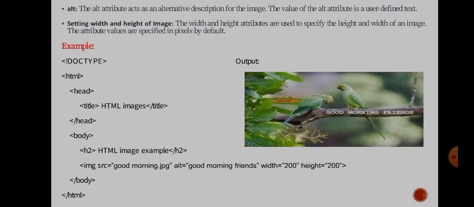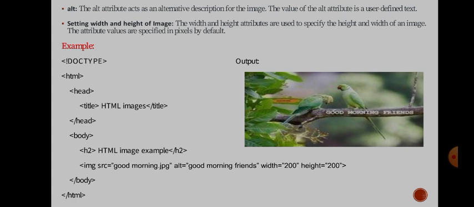This is the name of that particular image, and alt is equal to good morning friends. This is the user defined text, and then I set the width and height values to 200. So in the output, this image will display in the web page.